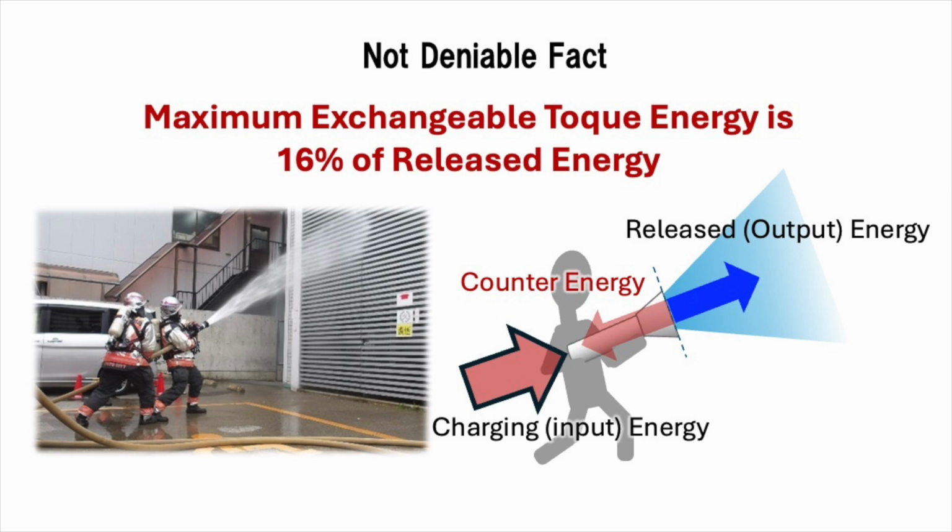It is true that up to 16% of the pump output that generates this powerful released energy is consumed as torque conversion energy, and the remaining 84% or less of the motive energy is used to release water. In other words, it is self-evident that even if you try to generate electricity from the tremendous force of the water sprayed, only 16% of the torque energy can be converted into electrical energy.